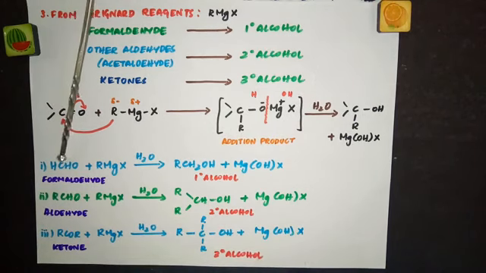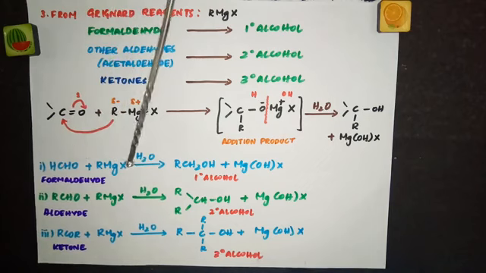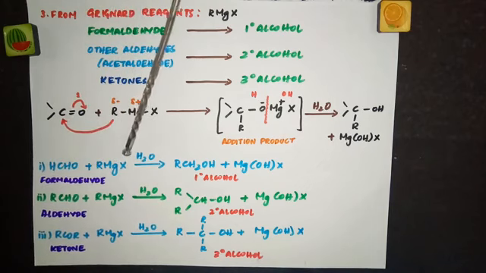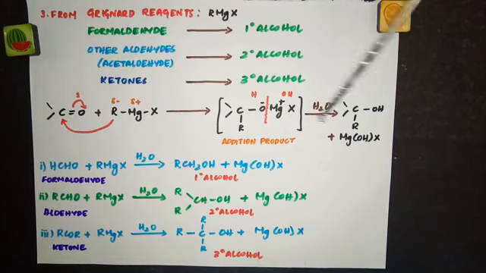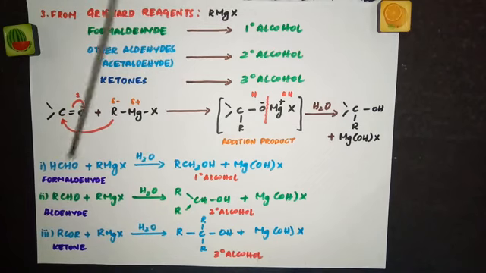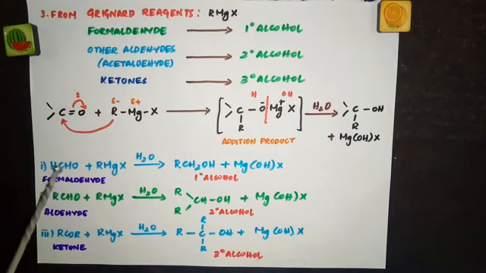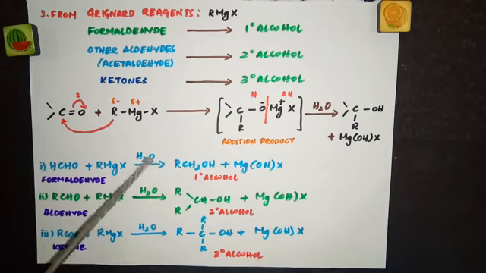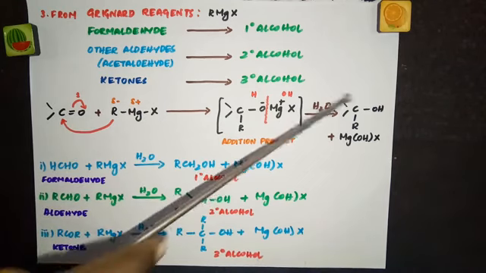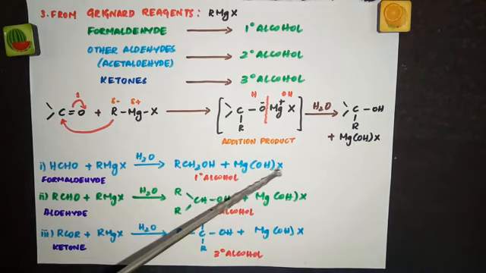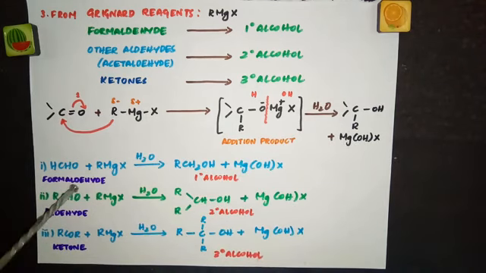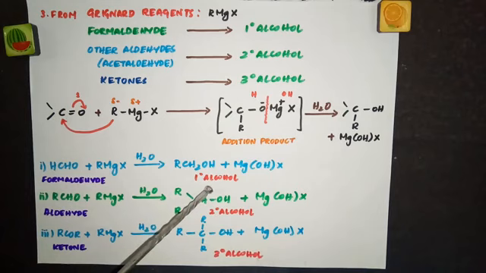See, you are taking formaldehyde and treating it with RMgX. It can be CH3MgBr, anything in the presence of H2O. So both steps together, what you will get? R, this R will come here. R, CH2OH. See, look here, you have C and 2H here. So CH2OH from this water, one hydrogen. So primary alcohol and the product, byproduct will be the same, MgOHX. So you are taking formaldehyde, you are ending up with primary alcohol.